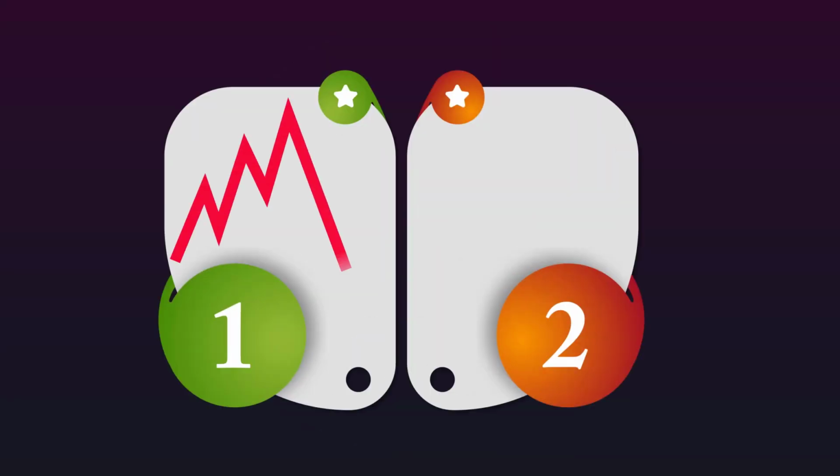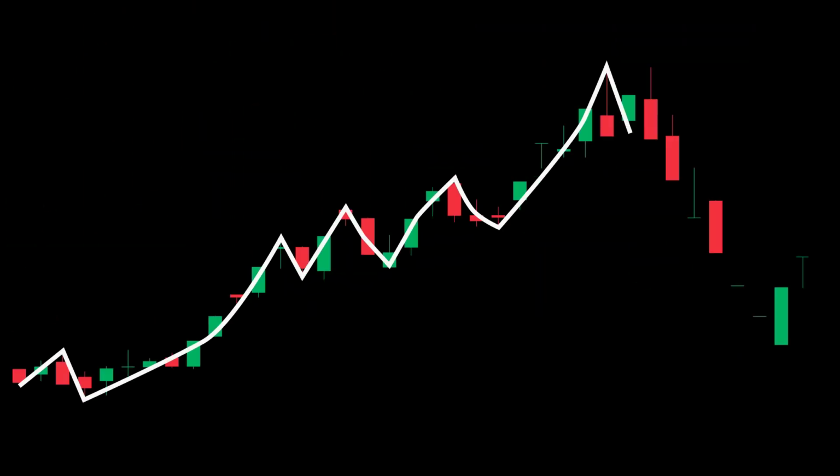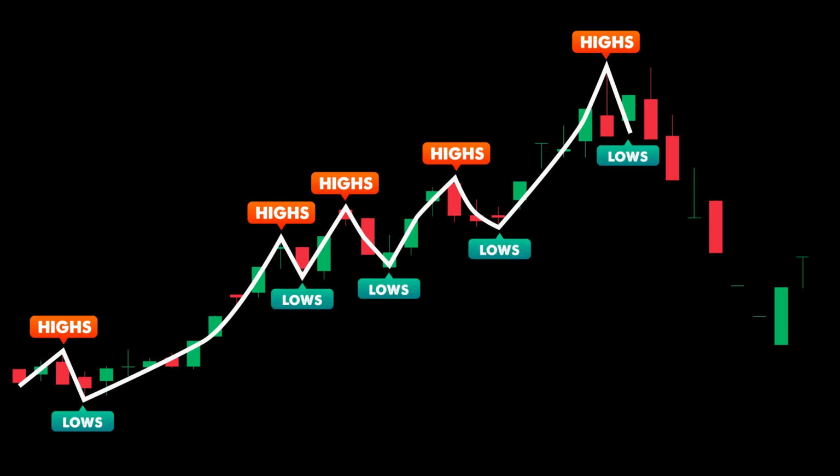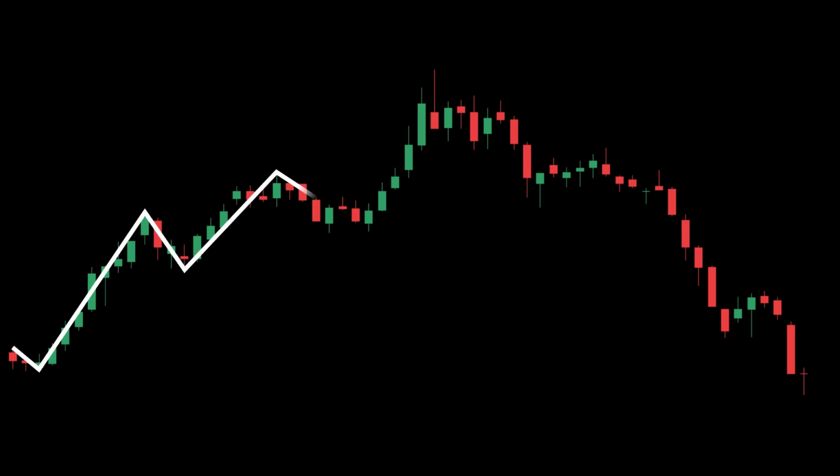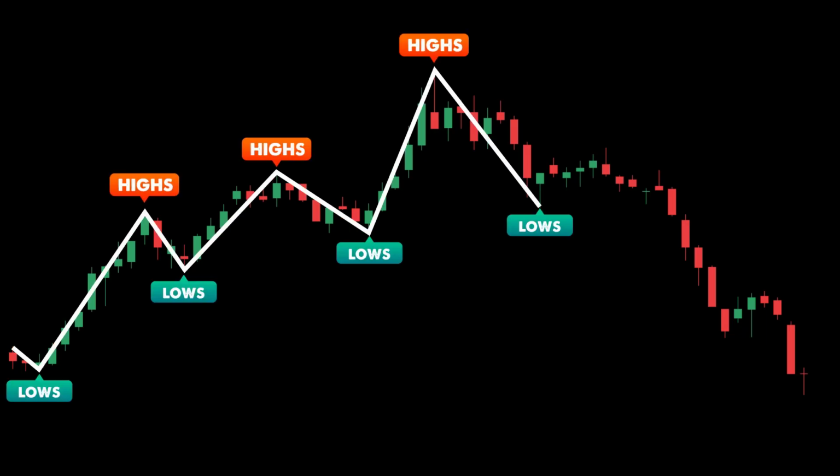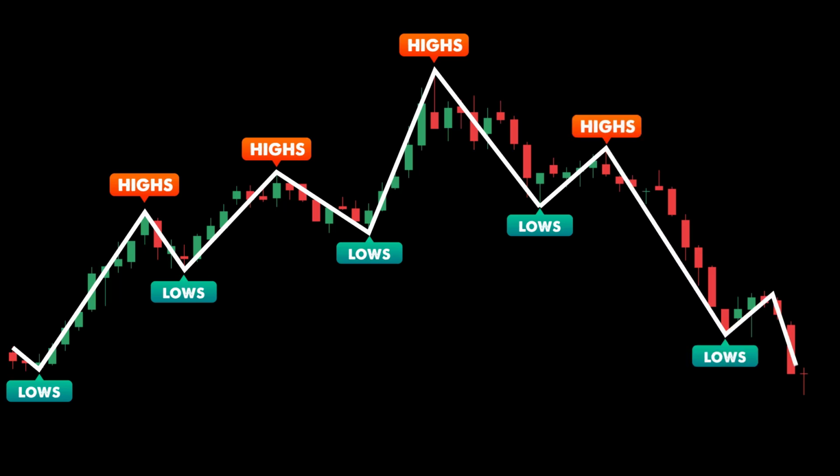In an uptrend, there are 2 ways a reversal pattern can form. First, the market is in an uptrend, creating higher highs and higher lows. Once the price forms a new low that's lower than the previous low, it signals a possible trend reversal in an uptrend. Second, the market continues its uptrend with higher highs and higher lows. But when the price forms a lower high followed by a lower low, that also signals a potential trend reversal within an uptrend. From a price action perspective, an uptrend reversal pattern indicates a loss of bullish momentum, as buyers fail to push the price to new highs.